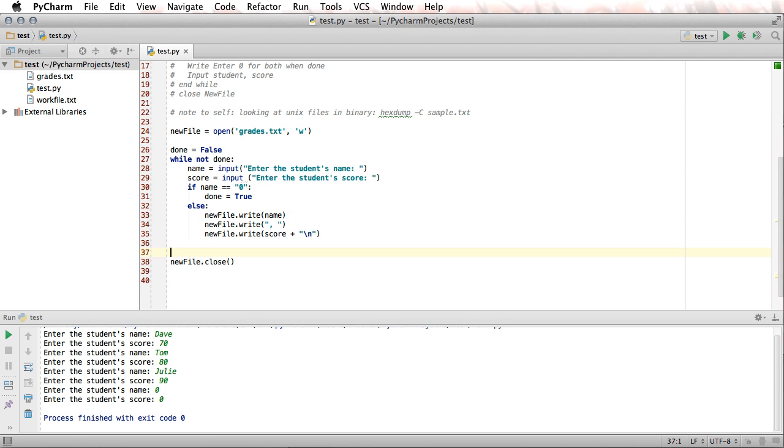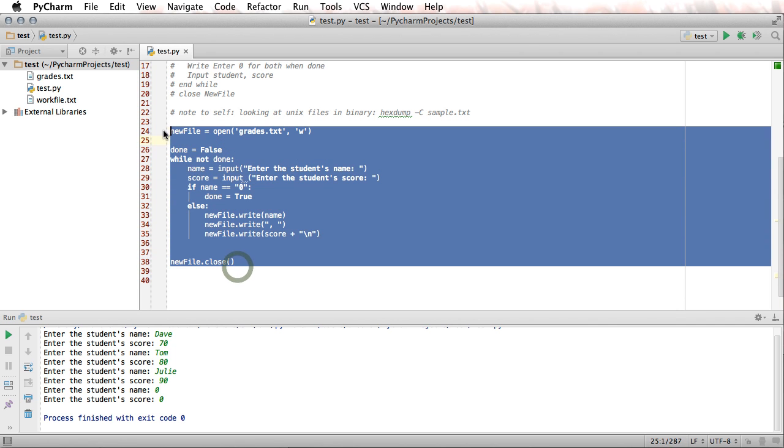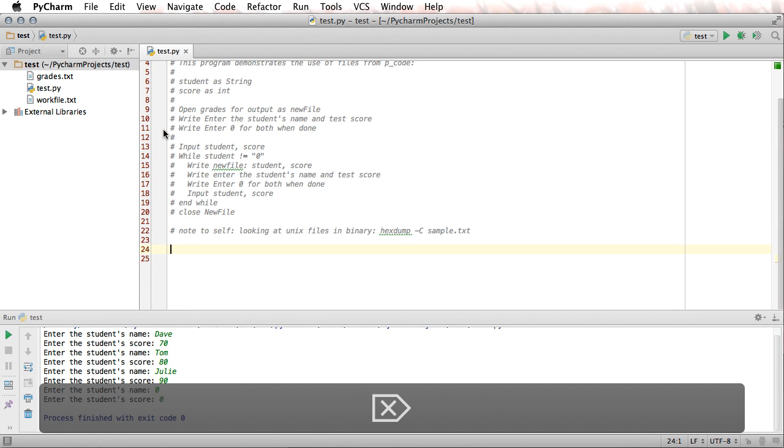Okay, we played around with open, we played around with writing and reading. There's another way in which we can manage files, and that has to do with what's called the with statement. This particular statement handles opening and closing and everything all in one big cool shot. So what I can do, let me go ahead and just erase all of this, and I will put in